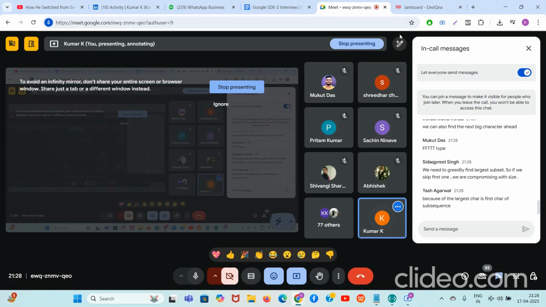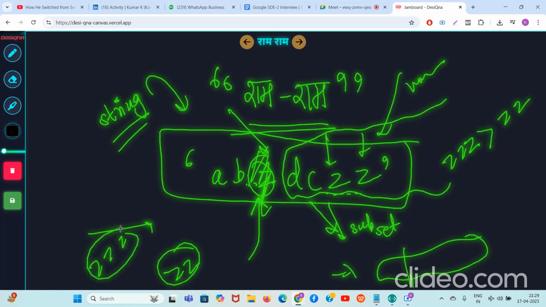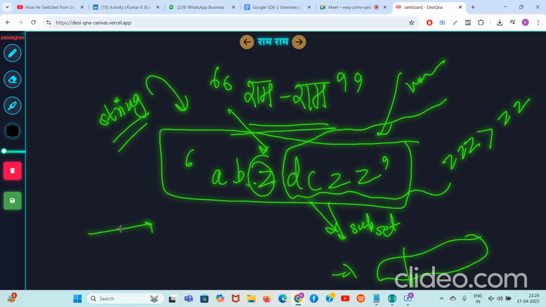Yeah, we need to greedily find the, we compromise with the size. Yes, correct. So guys, everyone write yes sir in the Google chat if they understand why we took the first Z. अरे ताकि बाद में वालों को भी तो मौका मिले ना. समझे बात को. अगर पहले जेड को तुम इग्नोर कर दोगे तो फिर बाद में दो ही जेड बचेगा ना. तो दो जेड का अच्छा लग रहा है कि तीन जेड अच्छा लग रहा है, देख के ही पता चल रहा है ना. सो सर इट इज क्लियर सर दैट